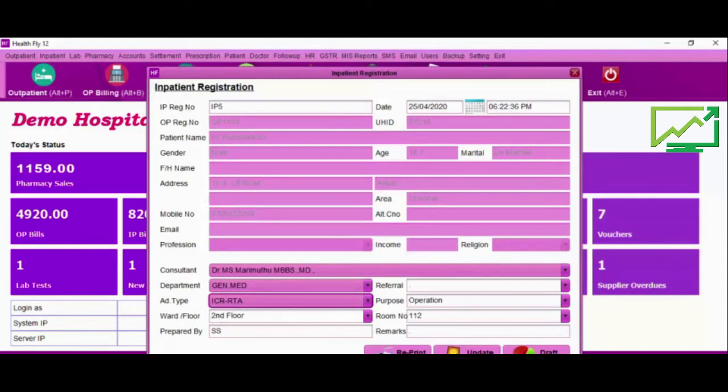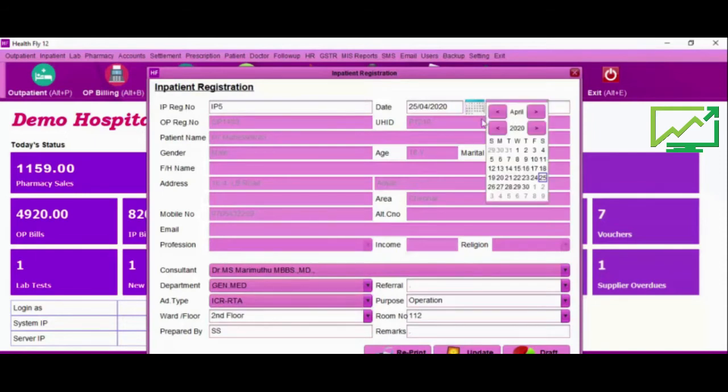In IP registration also, you can change the admission date and timing. So the administrator can do anything. We have given all the options.